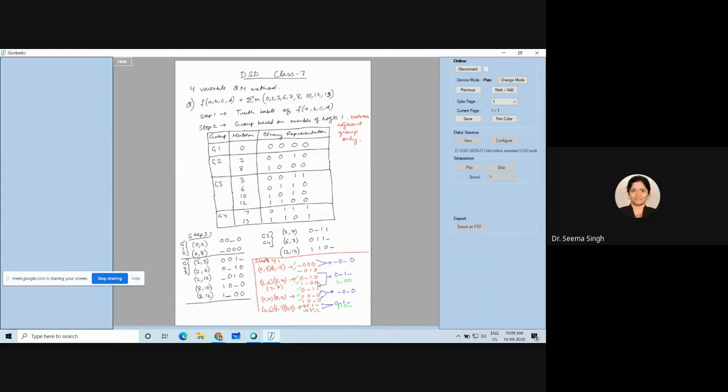So if for something pairing is not possible, it does not mean that you leave it. You will have to copy it as it is. So that is why this 1-00 is copied as it is, so that I don't leave it. Same way for the last one, 110- was copied as it is because it did not take part in any grouping. You could get grouping of 4, but these two were the special ones which could not group with anybody. So we had to copy them as they are. Understood?